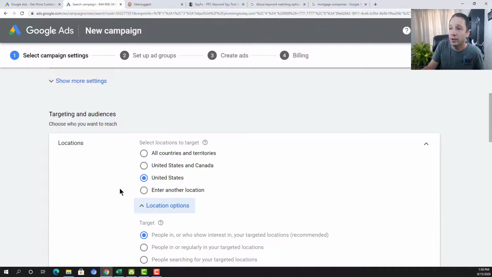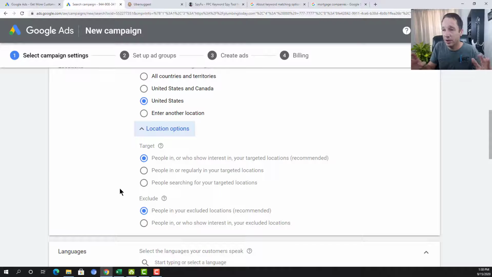What I will show you in the beginning may be something that you've come across before, but we do take it to a pretty far extent to block as much unwanted traffic from outside of our target area as possible, as well as giving us more control over our target area. So for starters, we'll open up the location options and choose the second option down under your target